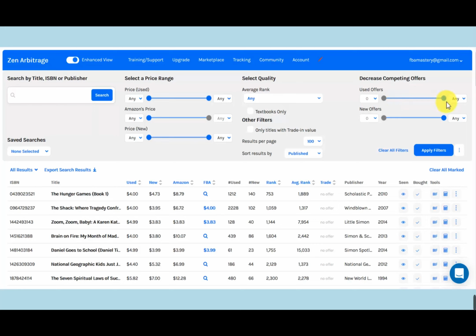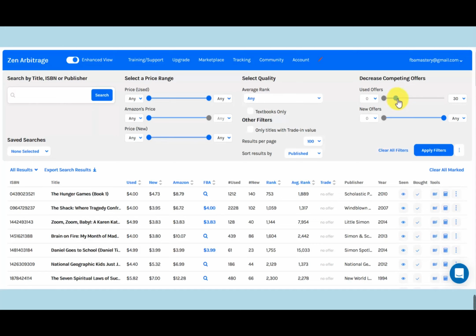And the logic here is pretty straightforward. Let's just say that 10%, or it's probably less than that, but 10% of all sellers are FBA sellers. That means for every 10 copies for sale on average, there'll be one competing FBA offer. I don't know the real number, I'm just making that up, but the point is, the lower we get that number, the higher the likelihood of there being, again, either no competing FBA offers at all or really, really high-priced FBA offers, because the more competing FBA offers there are for sale, the more competition,